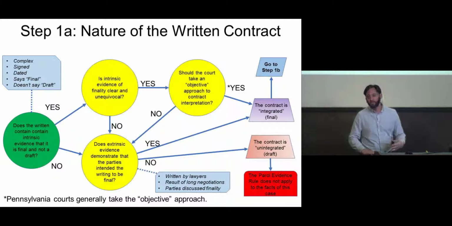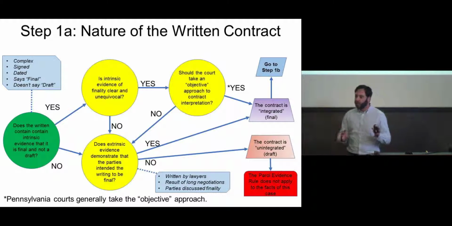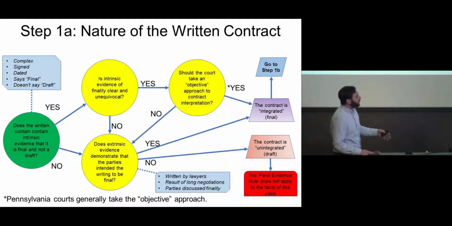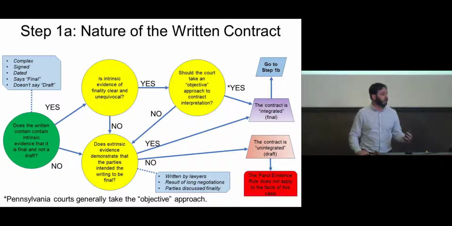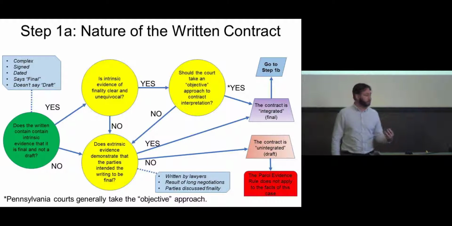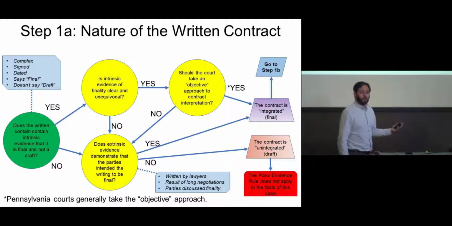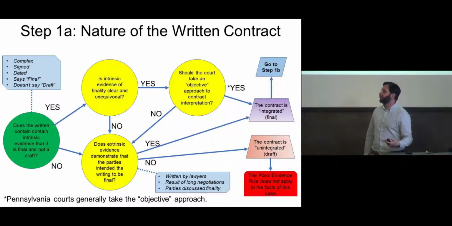I also broke this down in a flowchart, and I hope this is helpful. This took the 1A, 1B approach. Again, the first step is determining the nature of the contract. And we can determine that based on the evidence on its face, the intrinsic evidence. As you can see in this chart, if the intrinsic evidence is clear and unequivocal, and the court does not take a subjective approach, we will find that it is binding. If that merger clause is missing or ambiguous, we'll look at extrinsic evidence and most likely find the contract is